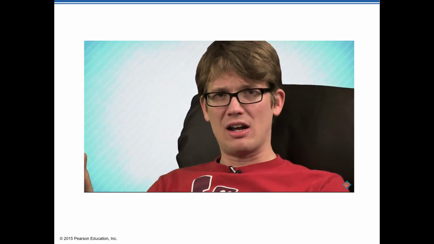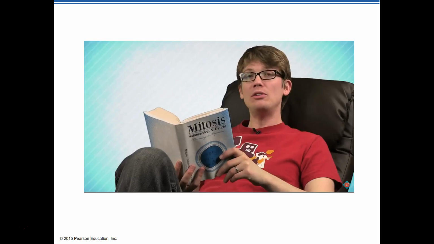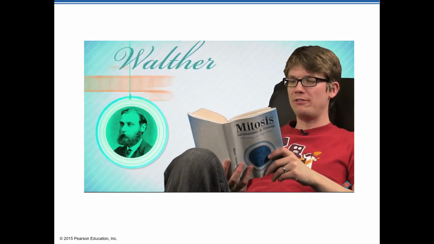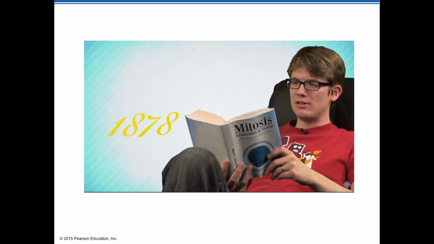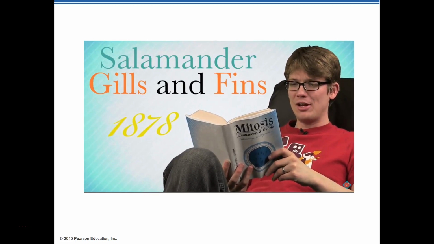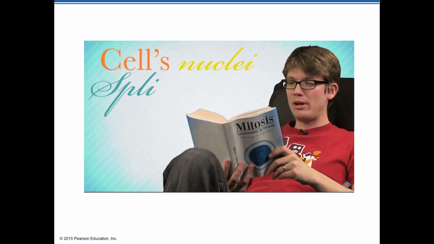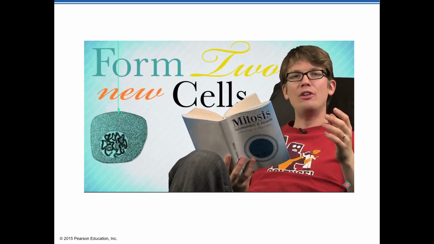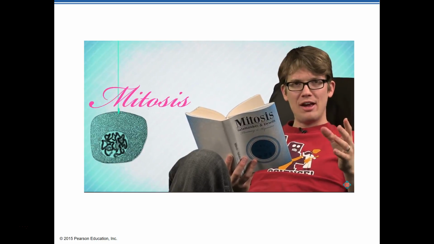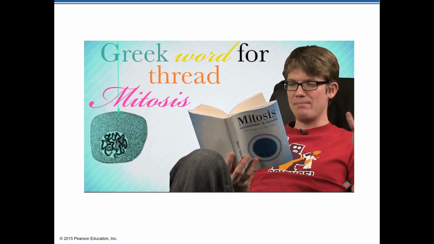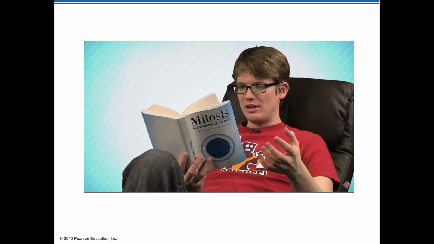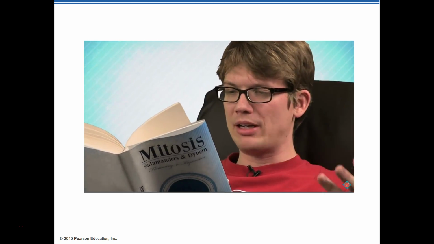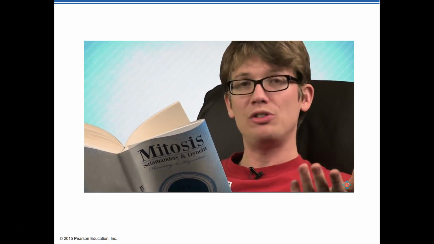And it was a revelation like 130 years in the making. Mitosis was first observed by a German biologist by the name of Walther Flemming, who in 1878 was studying the tissue of salamander gills and fins when he saw cells' nuclei split in 2 and migrate away from each other to form 2 new cells. He called this process mitosis, after the Greek word for thread, because of the messy jumble of chromatin, a term he also coined, that he saw in the nuclei. But Flemming didn't pick up on the implications of this discovery for genetics, which was still a young discipline.